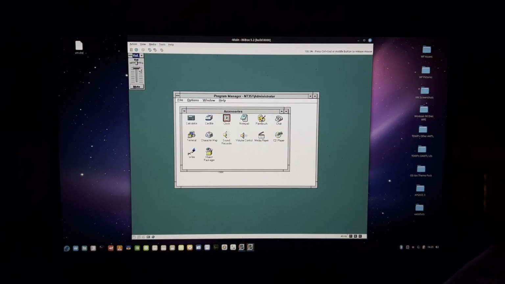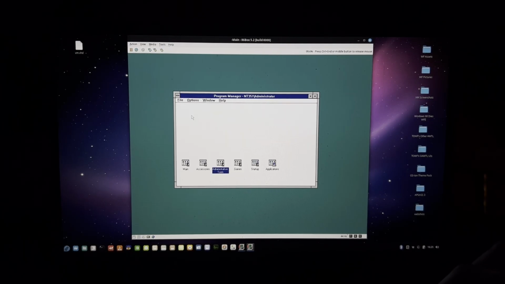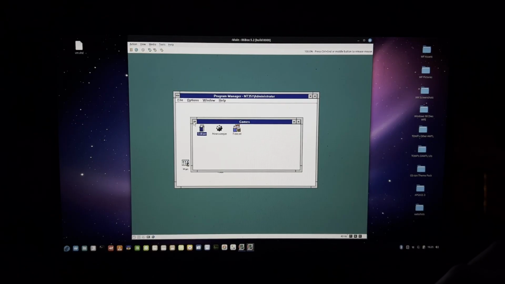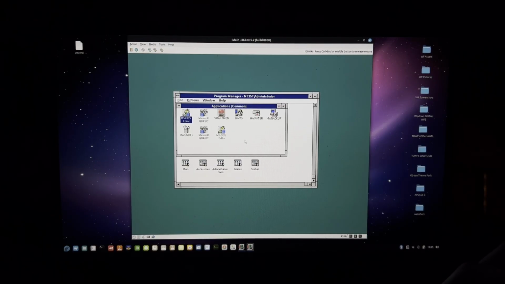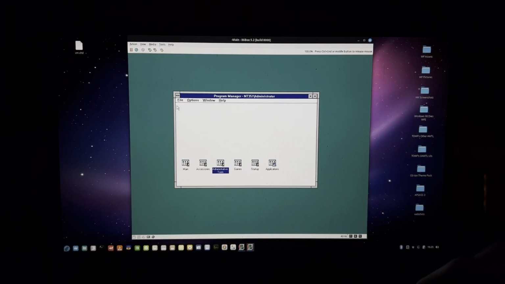In volume control, you can turn this up. CD player, terminal, that kind of stuff. Games, still have the same stuff. Applications, we actually have a lot more here. MS-DOS editor, probably because we were just on MS-DOS. But yeah. And that is about it for